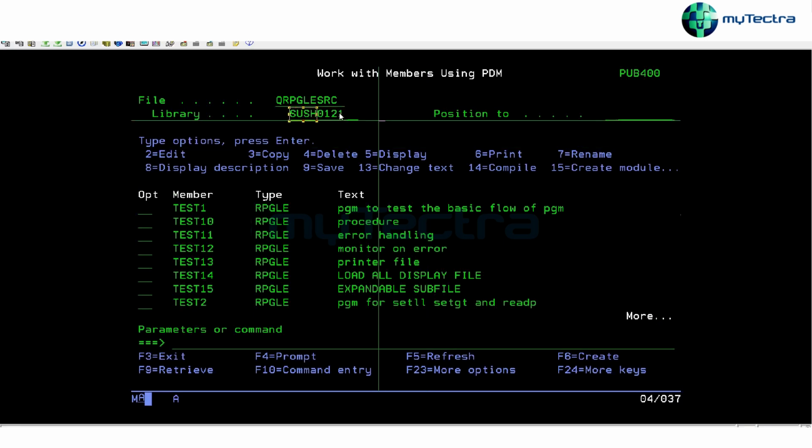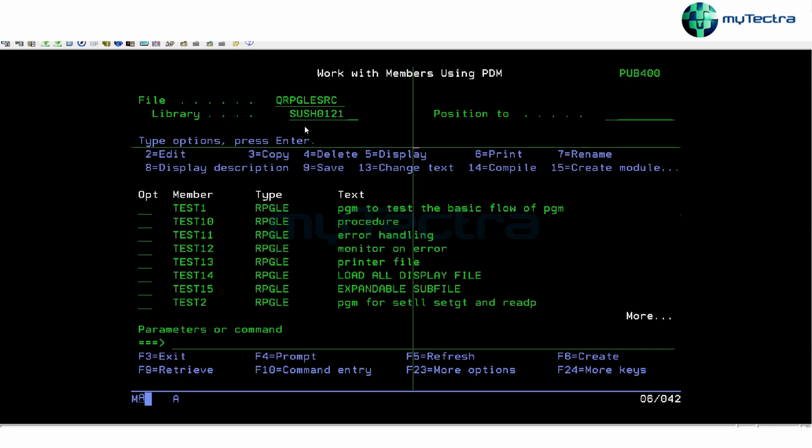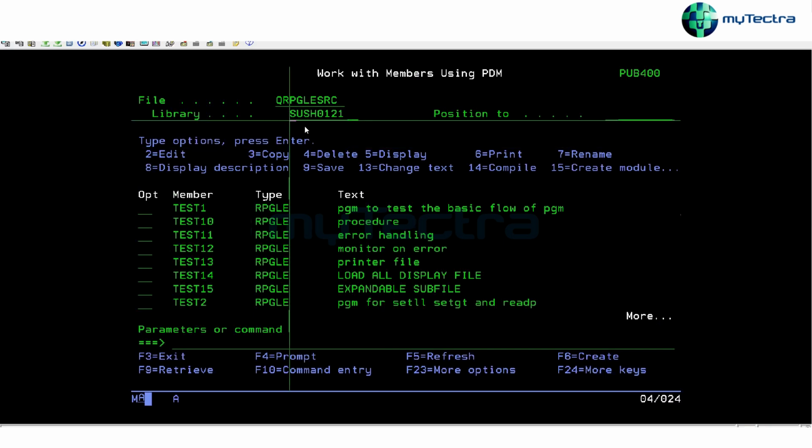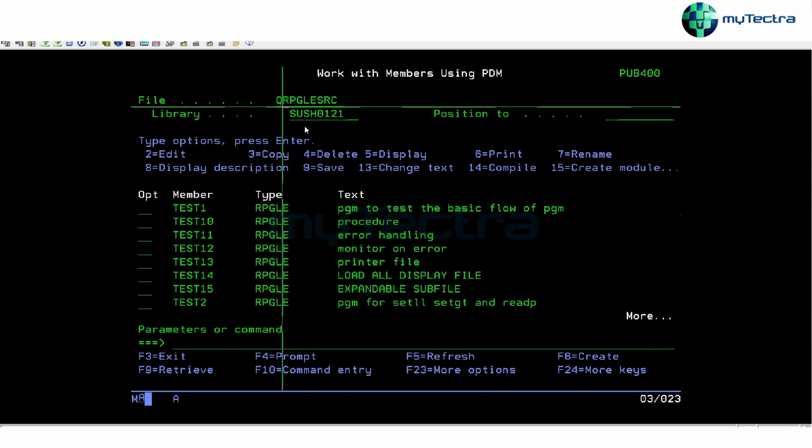Is there any function or something? Because two libraries is more than enough to perform all the activities. So this kind of two libraries will be given to you also. So just create a source physical file with the name QDDSSRC,